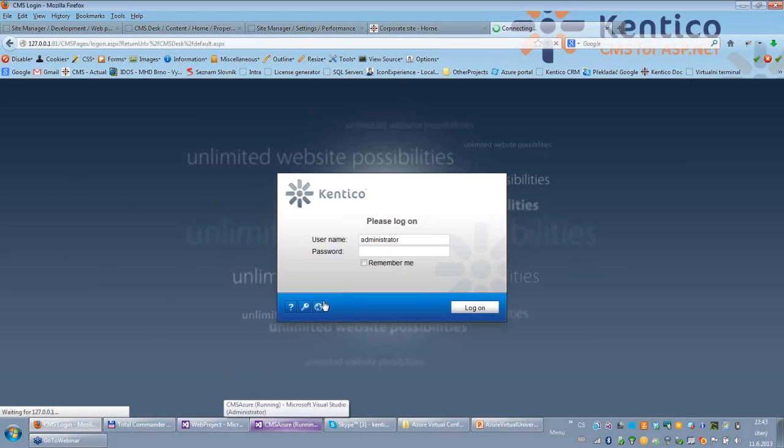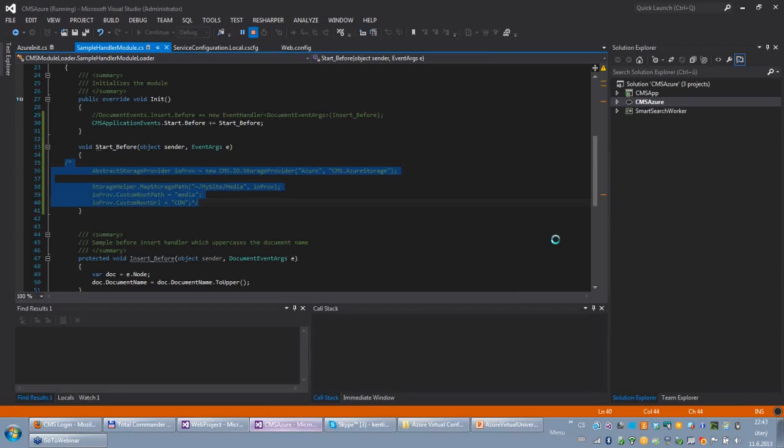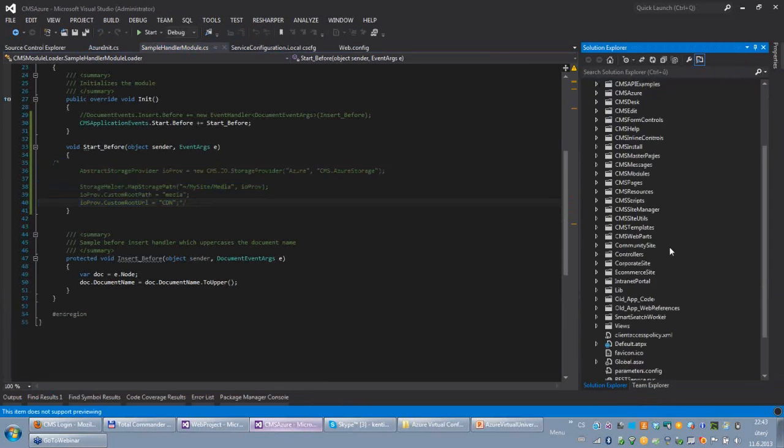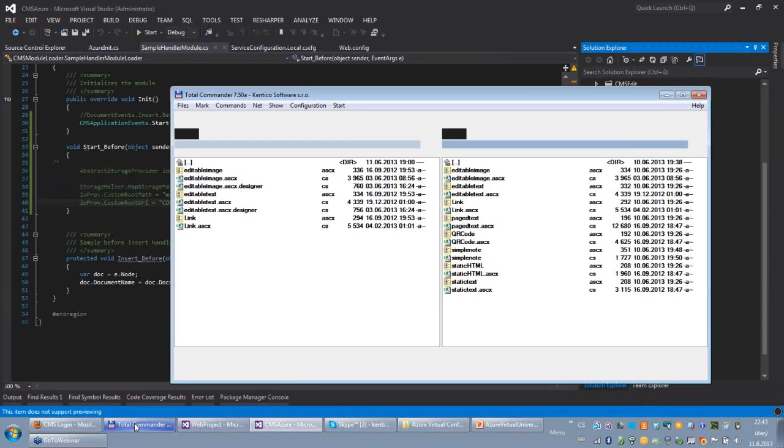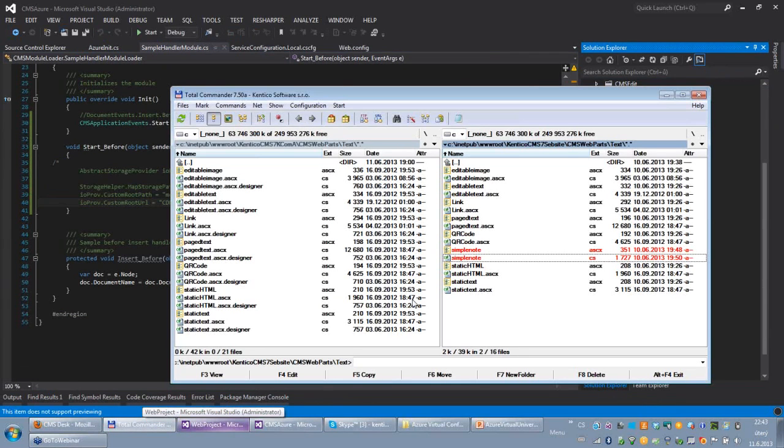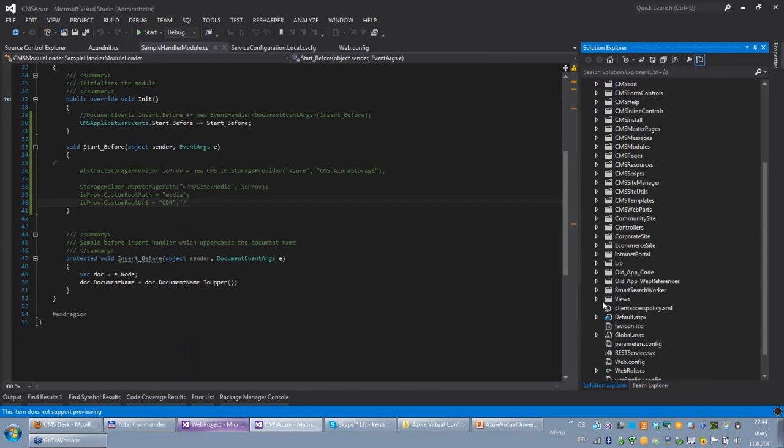Okay, so it will take a while because this is the brand new start and it must store some data into cache. So I just stop that and show you how you can convert or migrate the web part. Here on the right I have directory where I have simple node code. Here on the left side, this is the Windows Azure project. So I just copied the files, and then